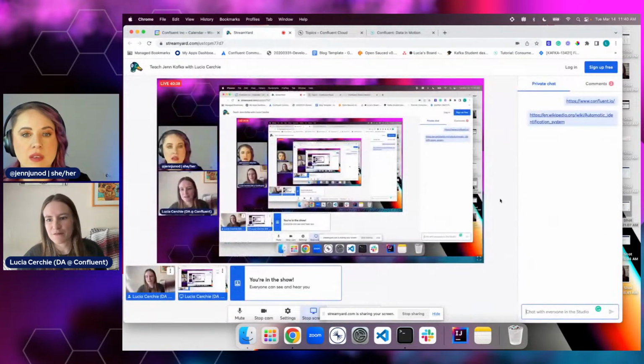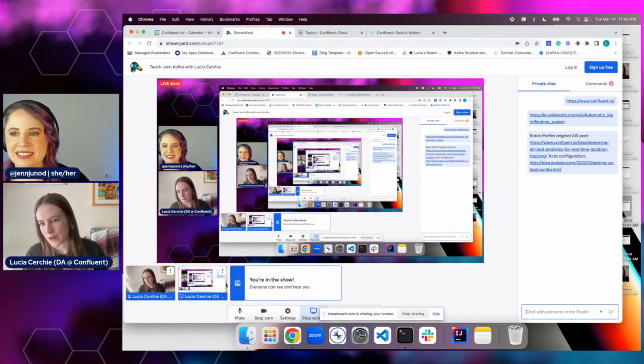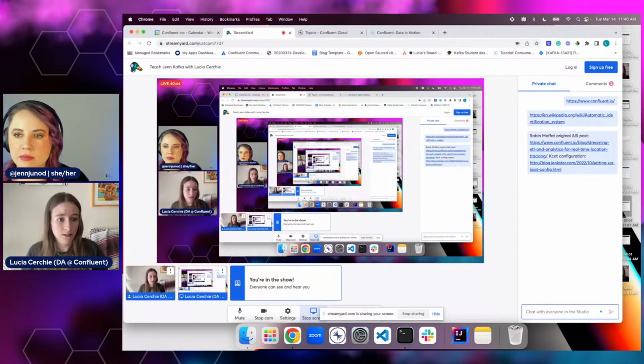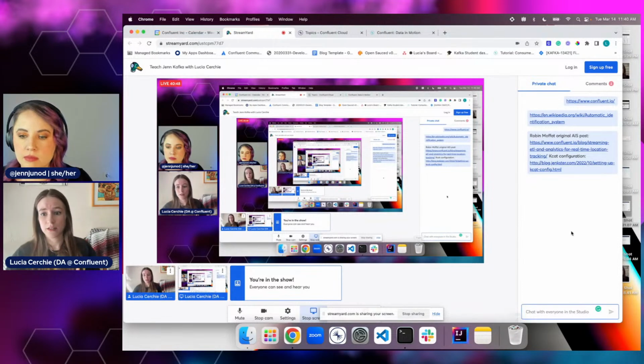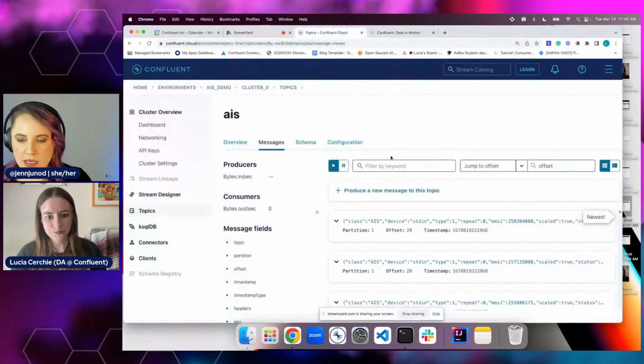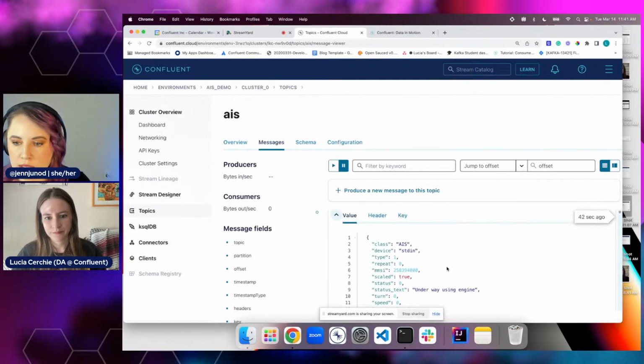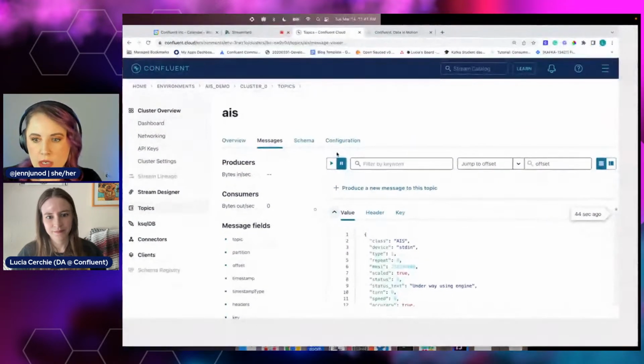Cool. And then there's also a blog that my current coworker Chris Jenkins made about how to configure your kcat utility. So those two are in the links. I'll post them twice because sometimes StreamYard likes to try to put them all together as one. It's not what I want.